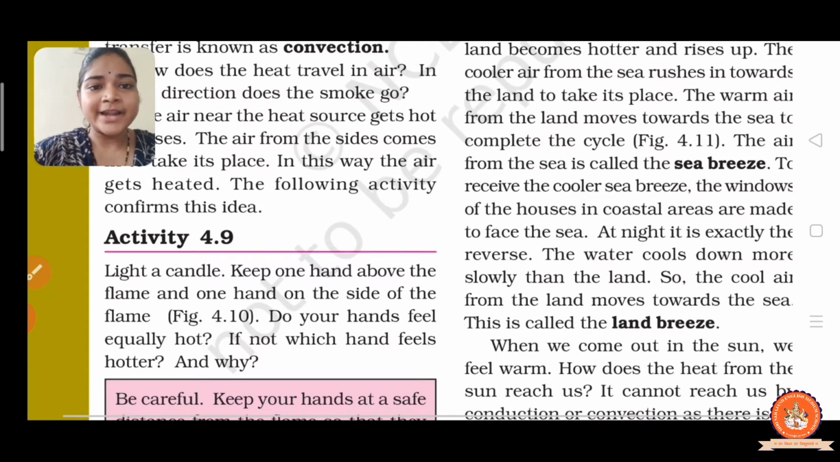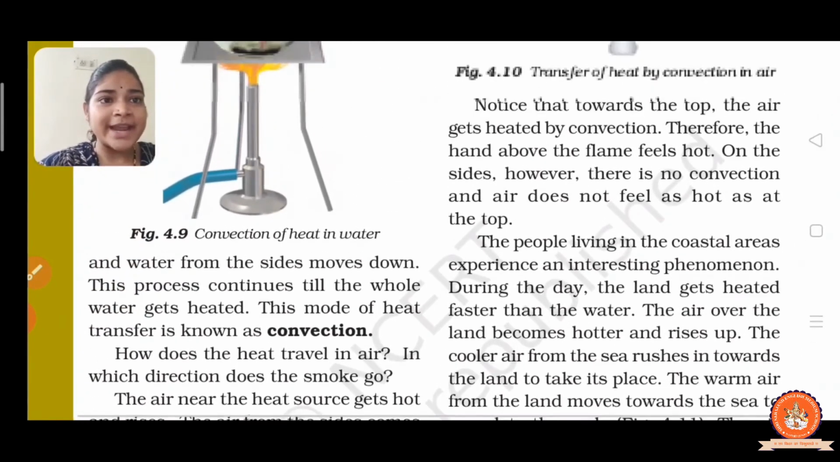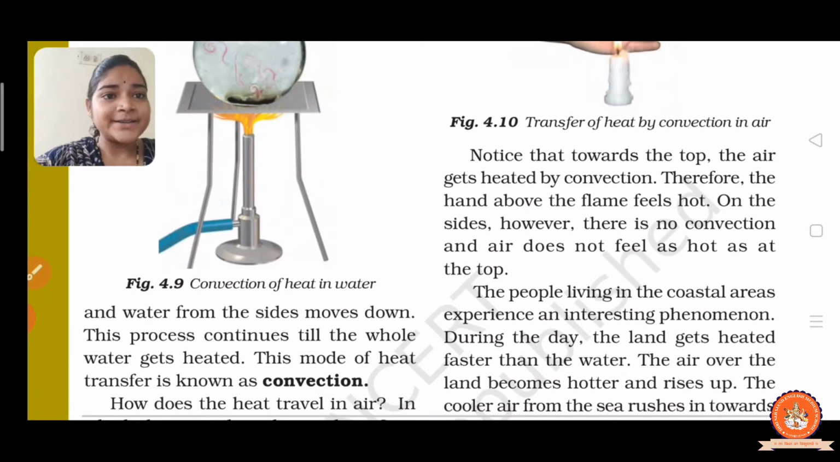Now the other hand on the side of the flame, what happens? See, do your hands feel equally hot? Yes or not? If not, which hand feels hotter and why? Let us discuss. After a few seconds, we observe that the hand above the flame feels hotter than the hand on the side,